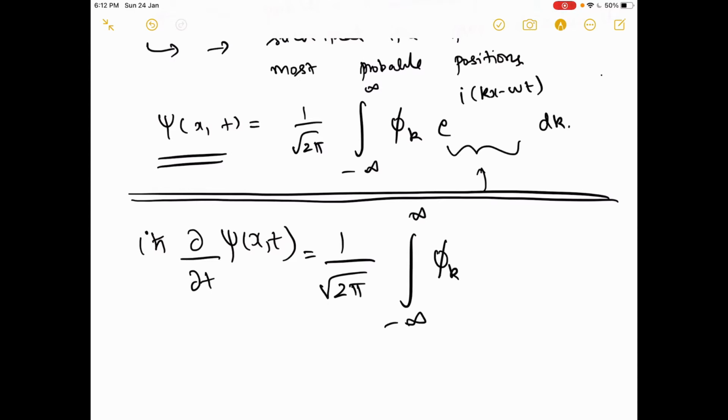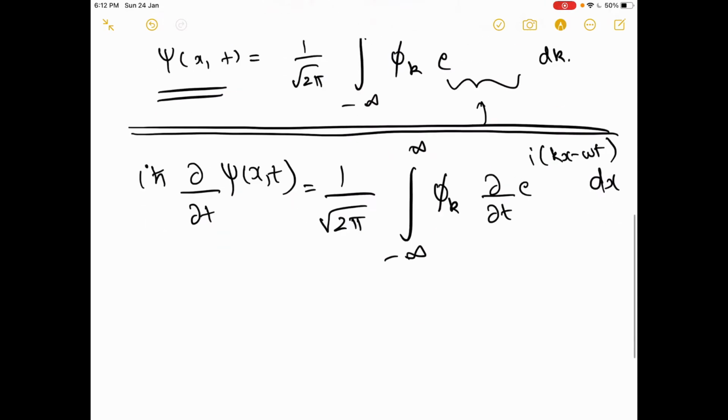I assume psi of k is time independent, which may not always be true, but I'm just taking it here as an approximation, okay? Dou by dou t of e power i(kx minus omega t) dk, and this obviously will give out 1 by root 2 pi integral minus infinity to infinity psi k, and i h bar, okay, so I forgot an i h bar here, which will give you